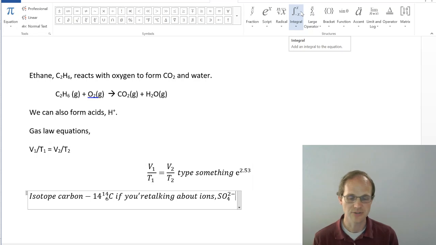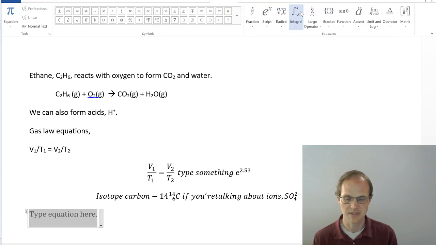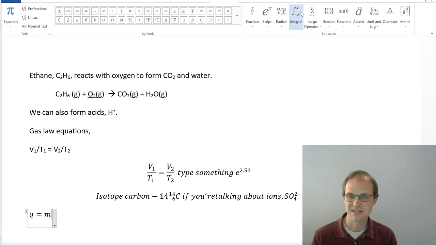Oh yeah, special characters. What if you're talking about the delta character, or epsilon, or any of these other special characters we do use sometimes? It turns out that Word understands that sometimes you want to do those, and so it actually has shorthands for them. So if I wanted to say my heat equation, that Q is equal to m times C sub p times delta T, right? You can put the times character in if you want, that's fine.